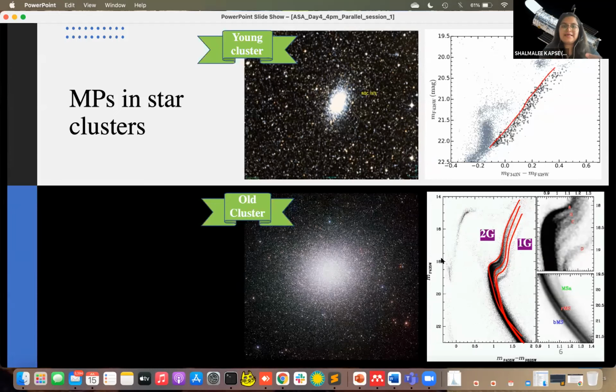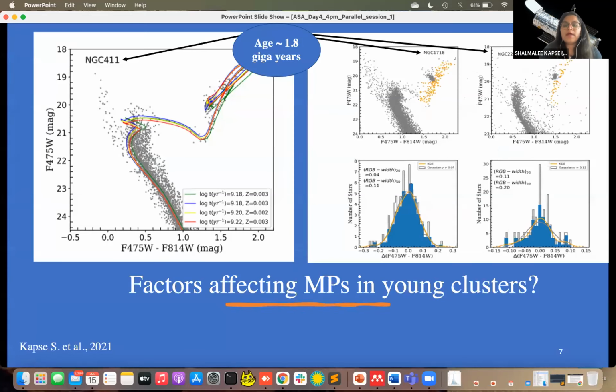So you can see that these two clusters with that huge age difference both have the presence of multiple populations. Now I'm actually more interested in studying the clusters which are young in age, and I largely focus on the RGB stars and the detection techniques for finding the presence of multiple populations in RGB stars only. So in my last paper, I considered 3 clusters which are around the same age